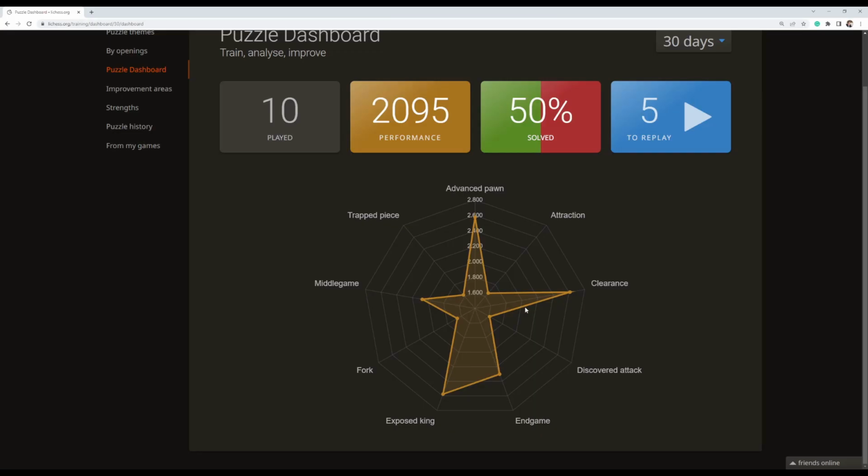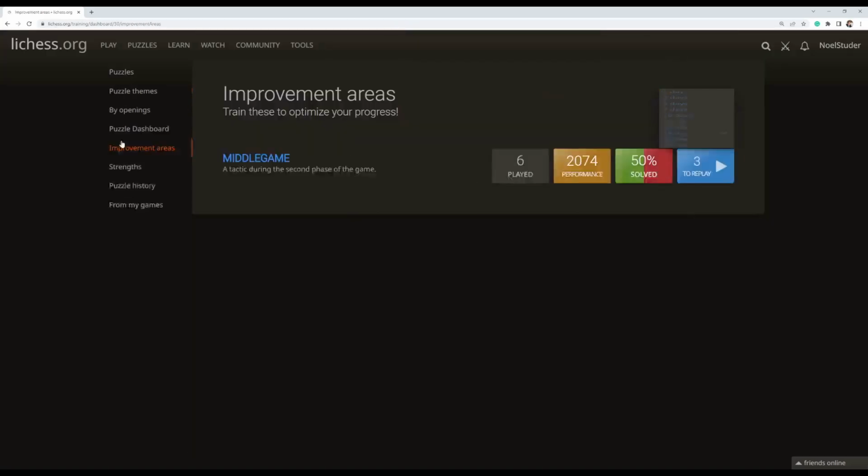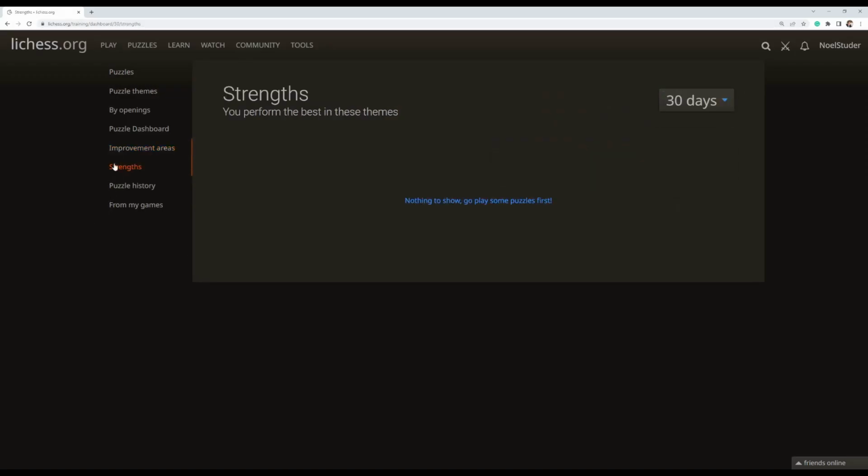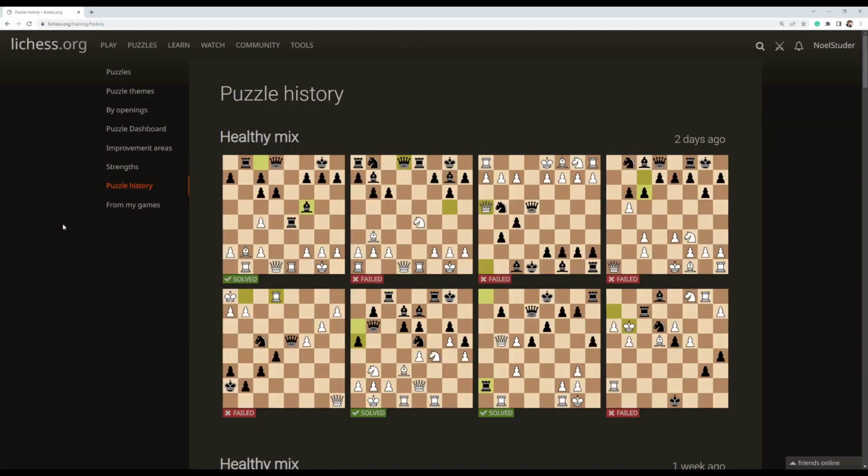So you can see where you're worst and then maybe you can click into that and work more on it, right? You see strengths and weaknesses and you can work on them. There is improvement areas. I usually never use that. Strength either. And you can go to puzzle history, which will be nice because here you can find all the